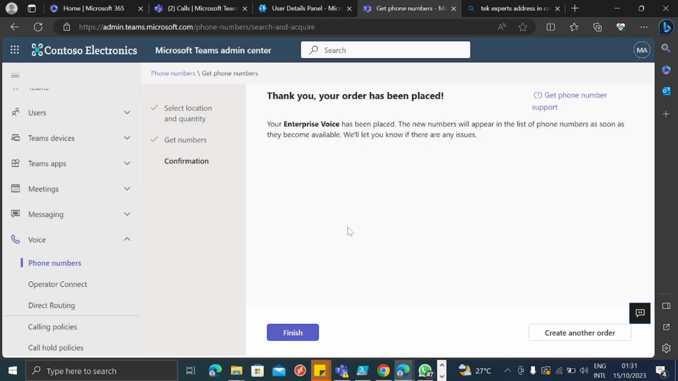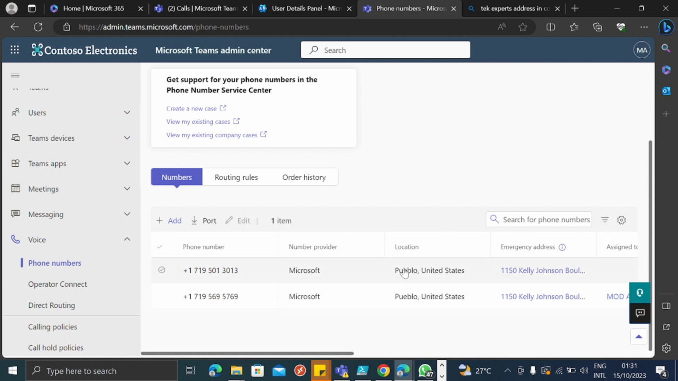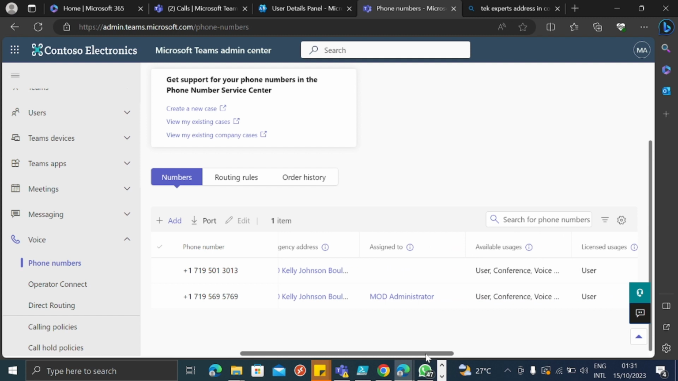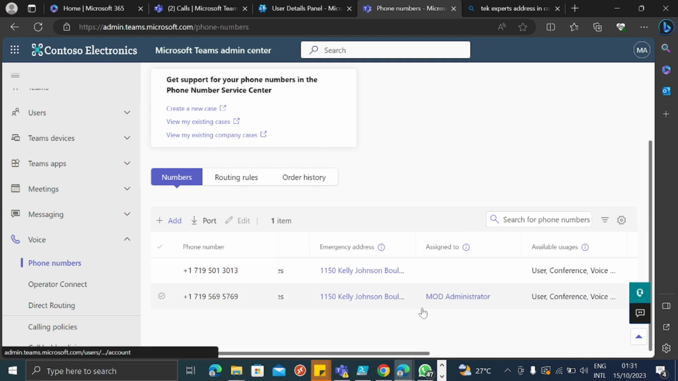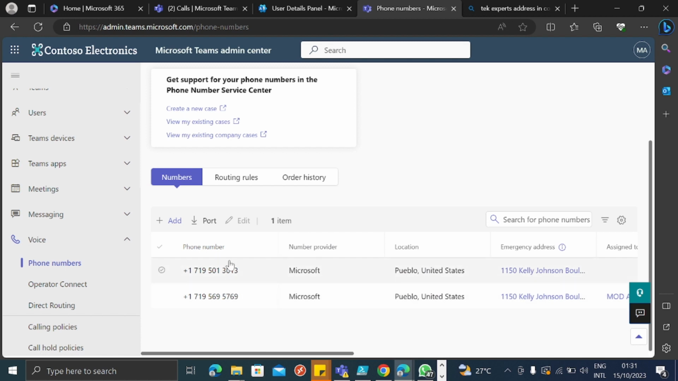So let's just hold on. Yeah, so thank you for placing the order. Let's just do this, and then that phone number should show up now under my phone numbers, and it should be showing unassigned. This one is assigned to mod admin, and this is not assigned yet. So what we would do to assign that phone number, we could do it from PowerShell, but let's just, before we do that, if you look at here,